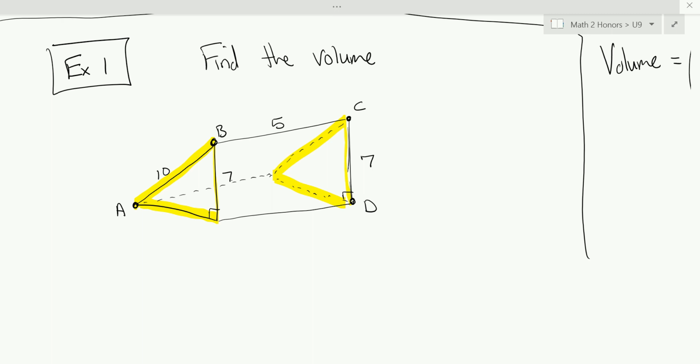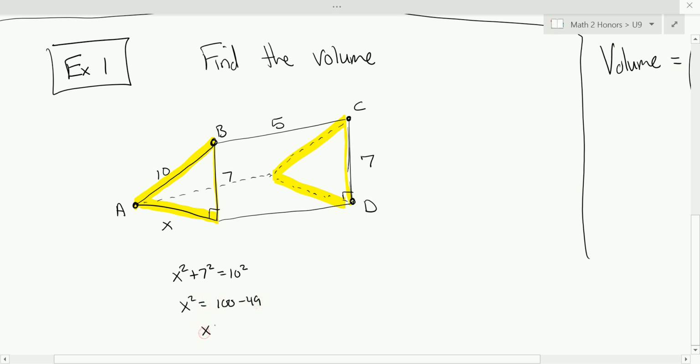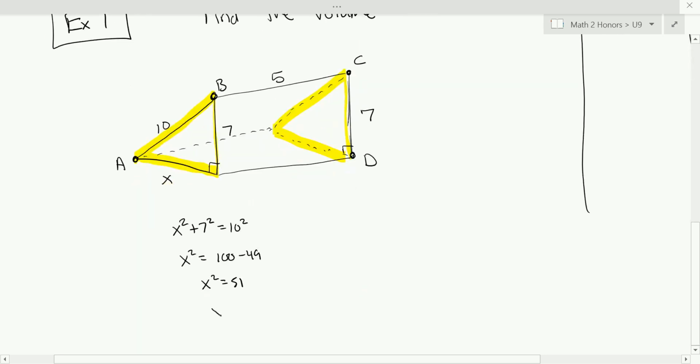Okay, so we can bring that 7 over, and let's call this x. And we can find x using Pythagorean Theorem, because we have a right triangle. So x squared plus 7 squared is 10 squared. So x squared is going to equal 100 minus 49. So x squared is 51. X is square root of 51. We're going to need that piece